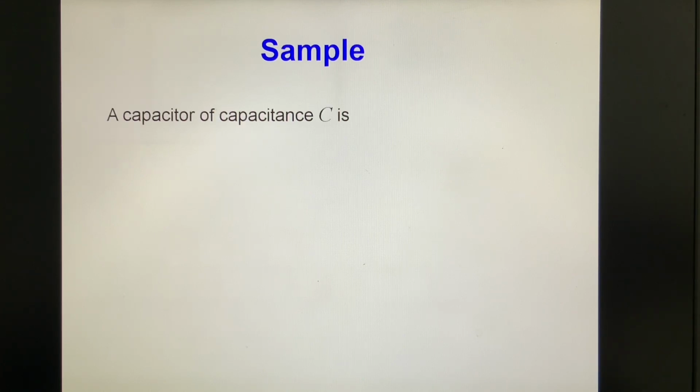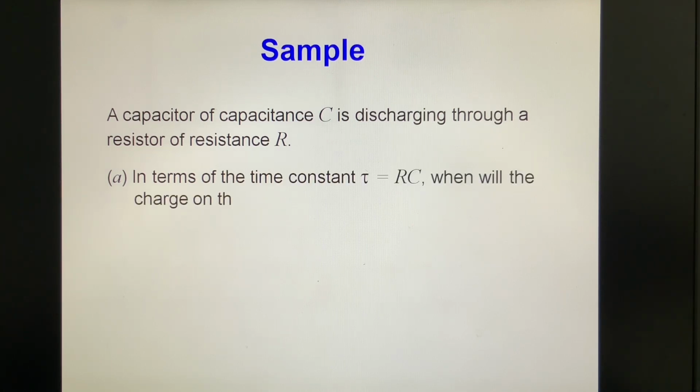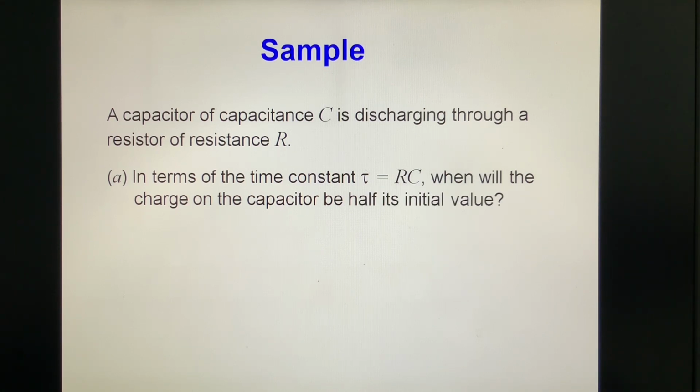Sample. A capacitor of capacitance C is discharging through a resistor of resistance R. Question A. In terms of the time constant τ equals RC, when will the charge of the capacitor be half its initial value? This is the Q. We answer: discharge. I want to find at what time